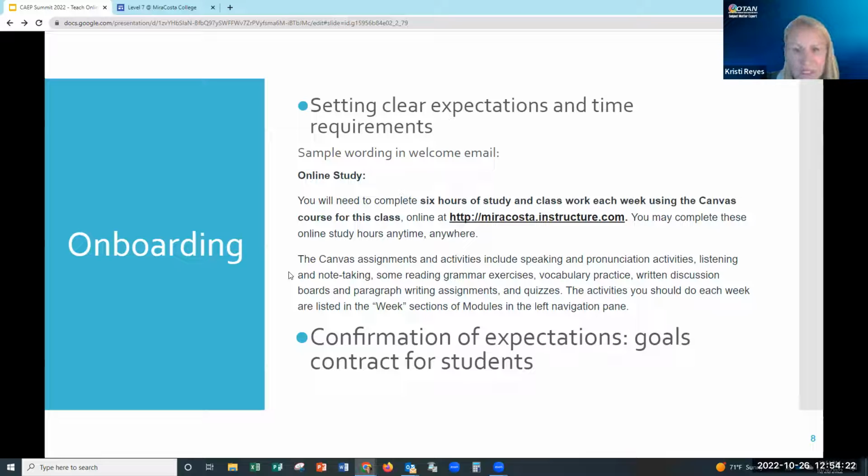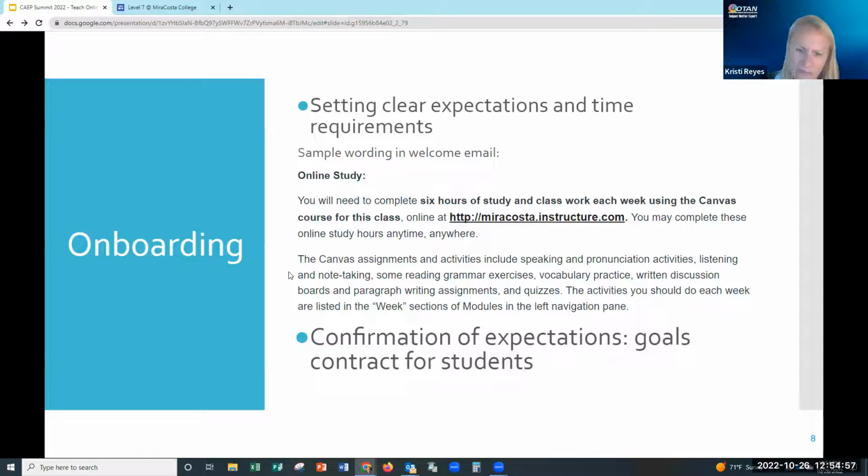And then I tell them a little bit about the types of activities they do online. Since I'm teaching ESL, speaking and pronunciation, listening and note taking, some reading and grammar and vocabulary practice, and of course, discussions and writing assignments and quizzes. We're going to talk about having your modules set up in a moment, but letting them know where to start. So the tutorial that you create, not only how to enter but where to start, would be important.